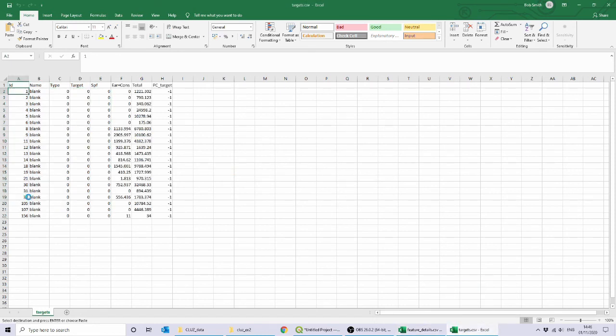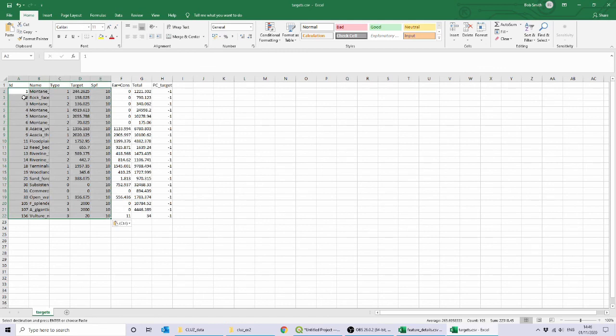Into here. So I haven't edited the ID values, those are the same, but I've specified the name, what type they belong to, what the target should be, and the species penalty factor. These other three fields are the ones that are created by CLUZ. Now you can see at the moment the PC target is -1 because beforehand we didn't have any target set. But if I save this file and close it,